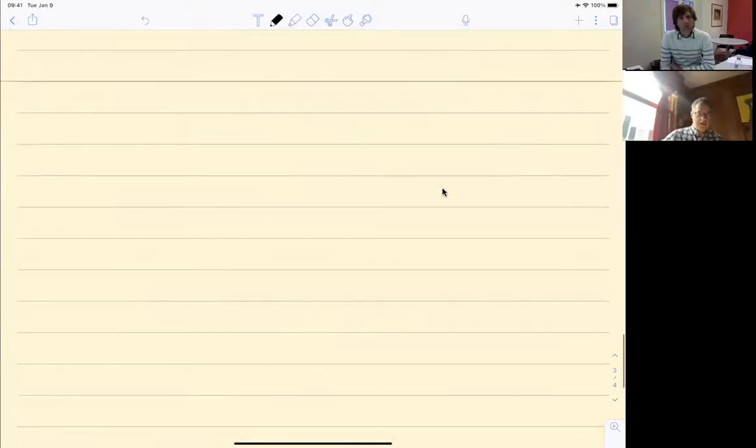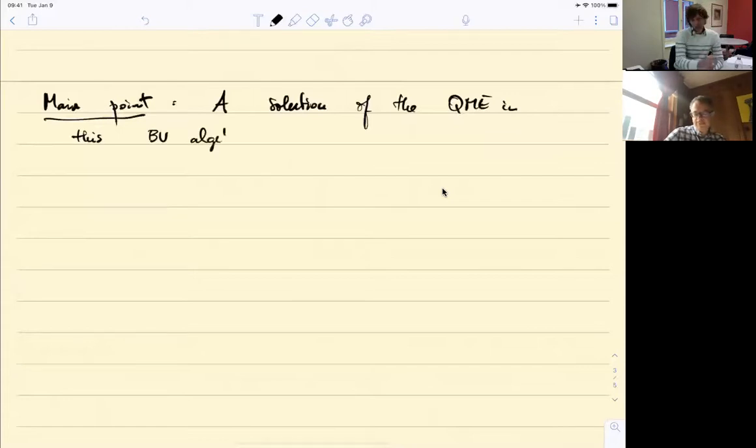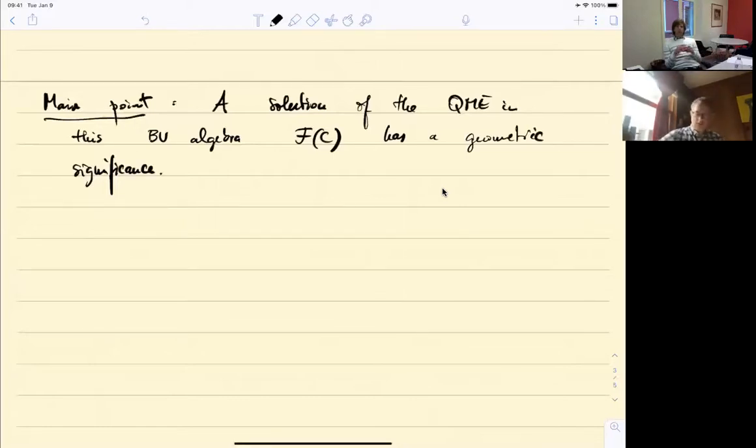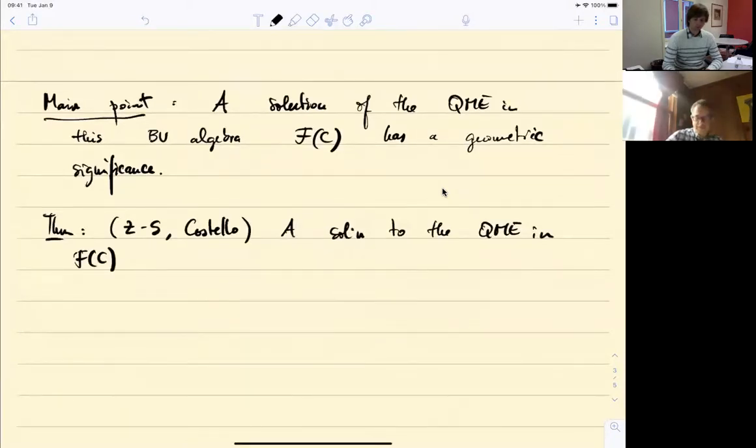Then let me explain the main point. Is that a solution of the QME in this BV algebra, what I called f of c, has a geometric significance. And in fact, here is the theorem, which is due to Zwiebach, Sen, and Costello. It says the following thing. So a solution to the QME in f of c of the form